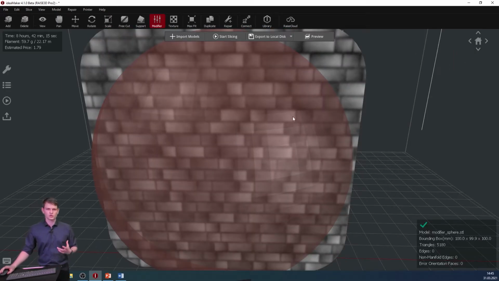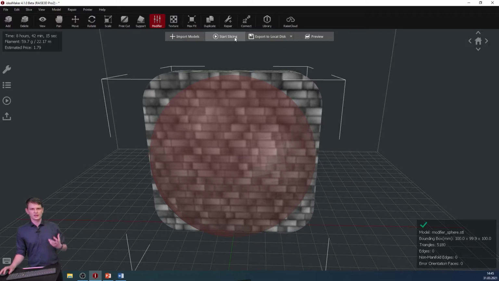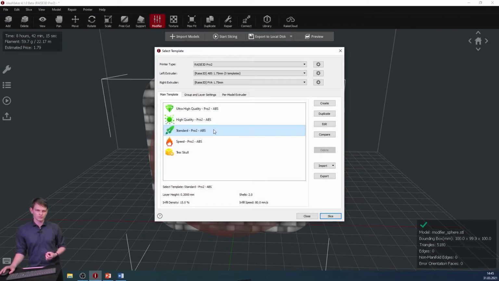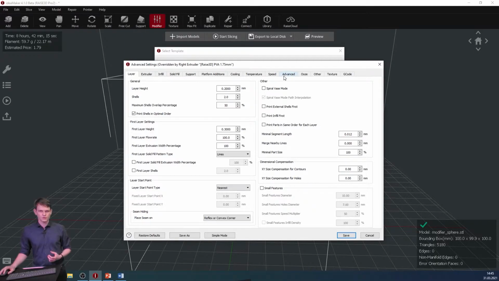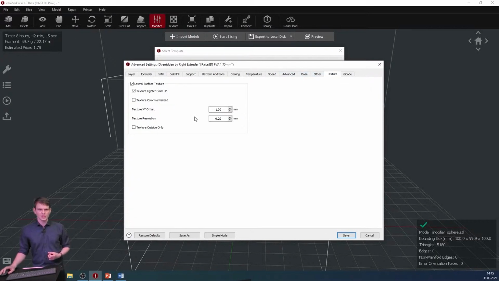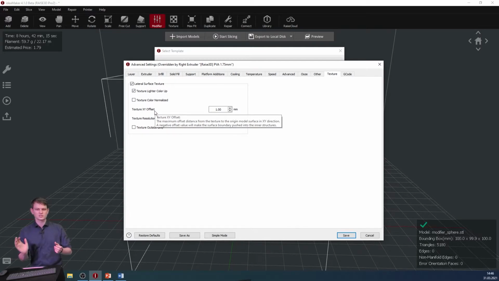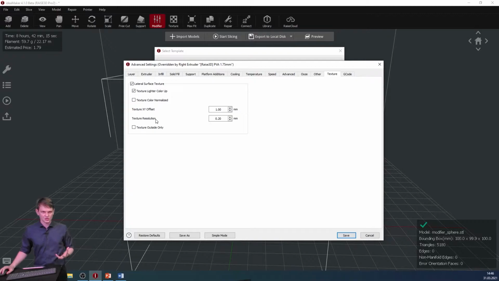The last thing that I want to show with textures is that there are additional settings within your slicing profiles. So if you edit your slicing profile and at the top you select texture, you can here set a number of options. For example, you can decide how high the texture XY offset is. This will decide how much your texture gets embossed or debossed from your model. You can change the texture resolution, which will make the edges a little sharper,